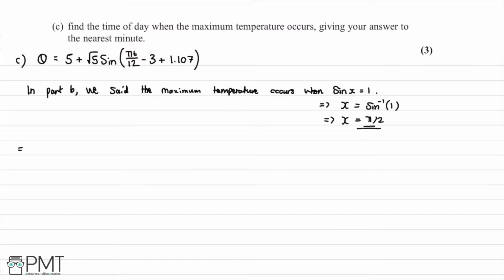And we can therefore say, doing this in our calculator, that x is going to be equal to pi over 2. So therefore, from this, we can take what's in our bracket here and set it equal to pi over 2. So therefore, we have that pi t over 12 minus 3 plus 1.107 is going to be equal to pi over 2. So now what we need to do is we need to tidy this up and rearrange to find t. So therefore, what we can do, we can say that pi t over 12 is going to be equal to pi over 2, and then we will add 3 and subtract